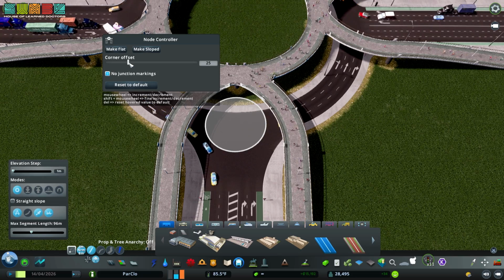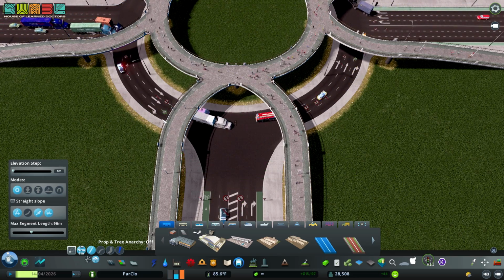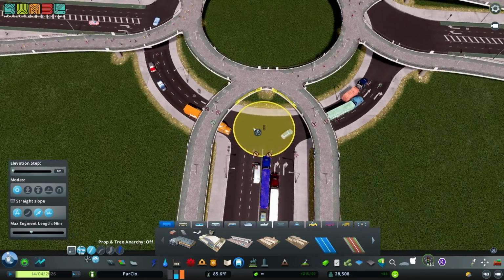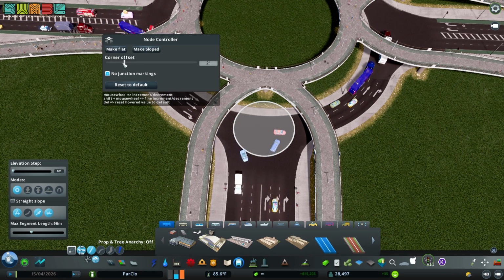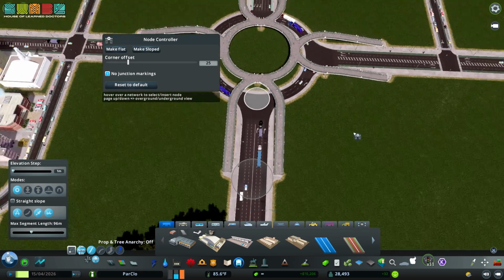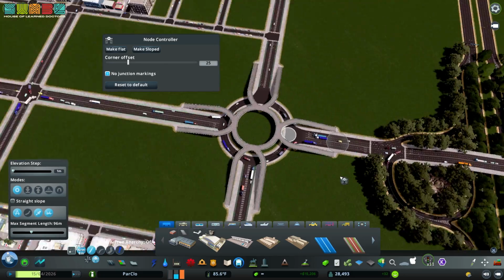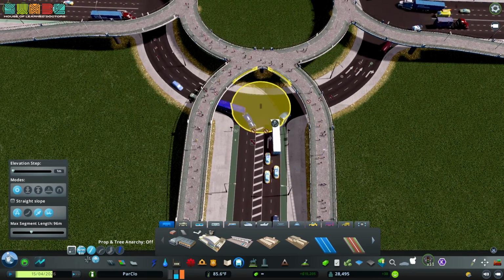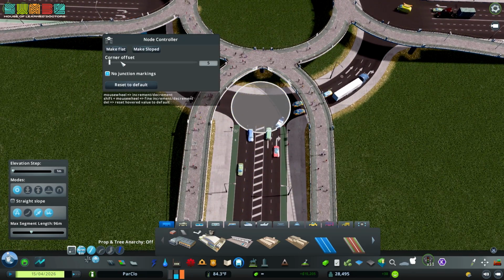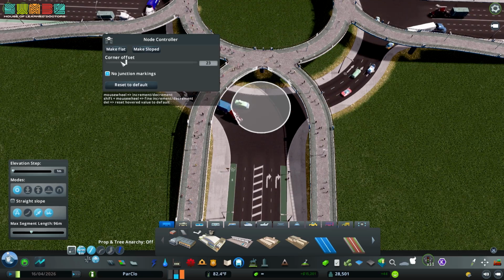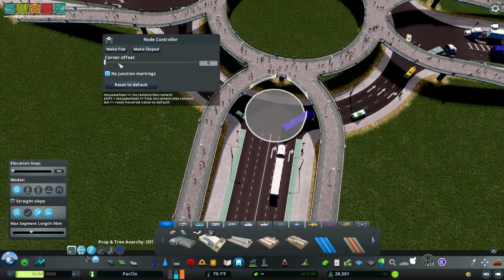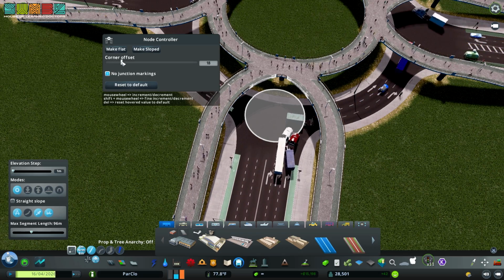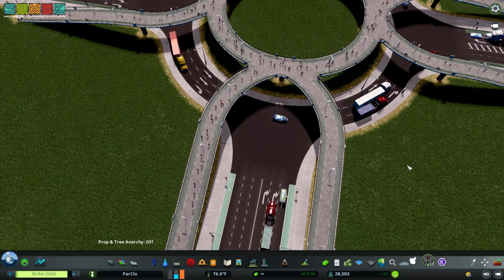So I'm just going to turn all these to like 25. Like, look at that. They're already exiting so much faster. I'm going to go to all sides here, and I'm going to turn them all up to 25. Which is, it might be even too much. It's not, actually. If you look at it, that doesn't look bad. There's no markings in any of the intersections when I do this. We'll fix that in a moment with another surprise reveal, but by cranking these to 25, now you'll notice vehicles